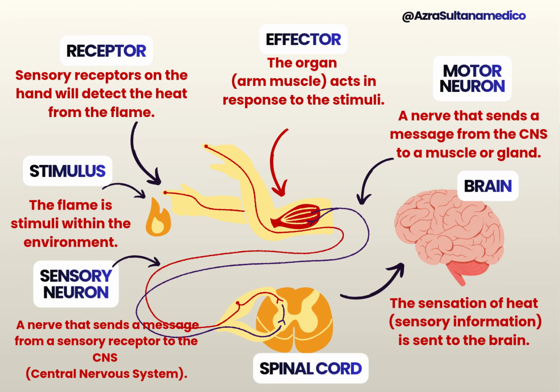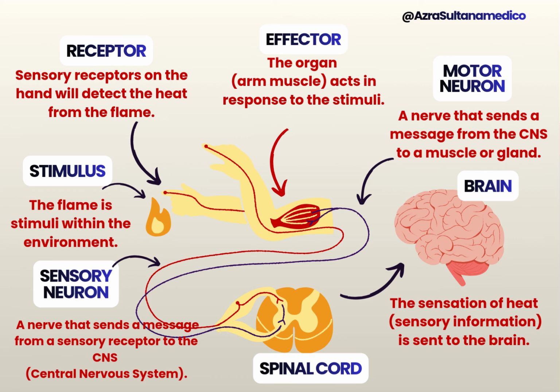Now we move to the sensory neuron. A sensory neuron is a nerve cell that carries messages from the sensory receptor to the central nervous system, or CNS. The CNS includes the brain and the spinal cord. So, once the receptors in your hand detect heat, the sensory neuron transmits that signal through electrical impulses toward the